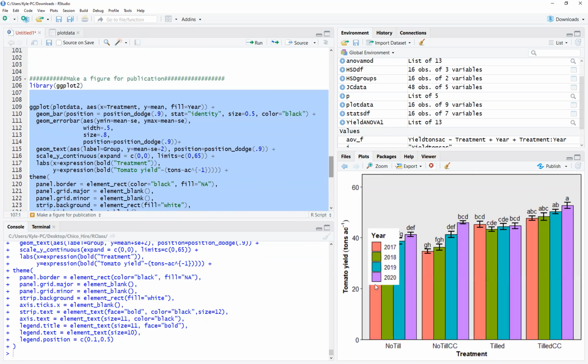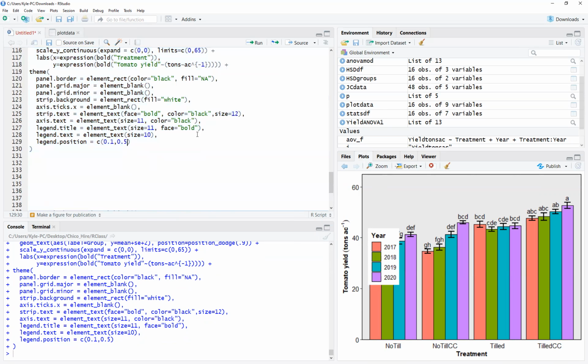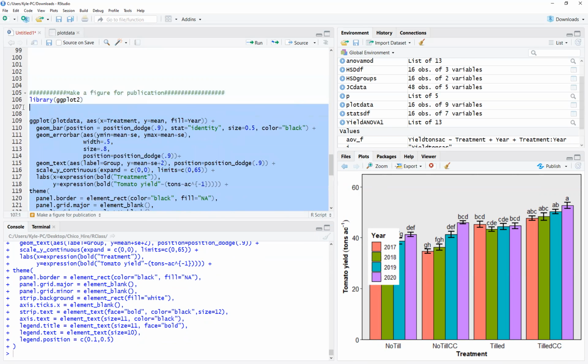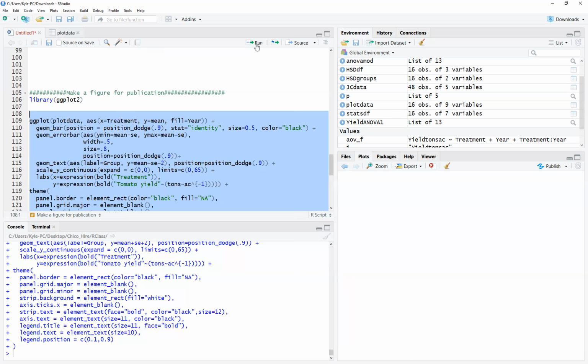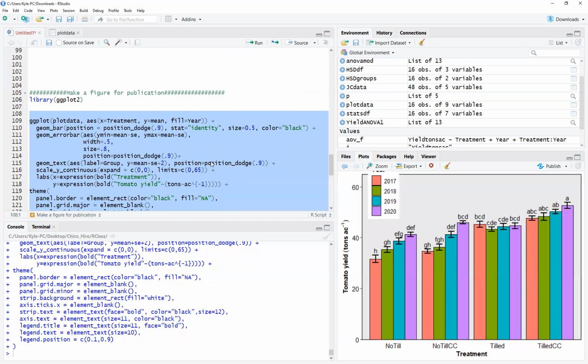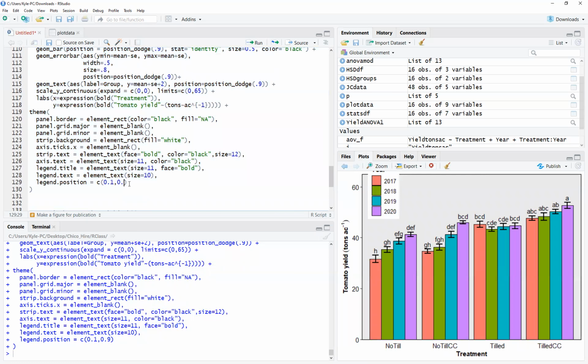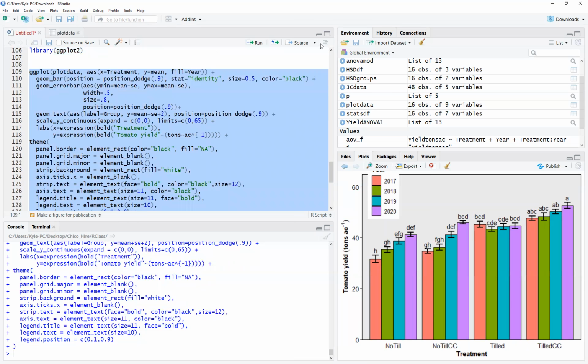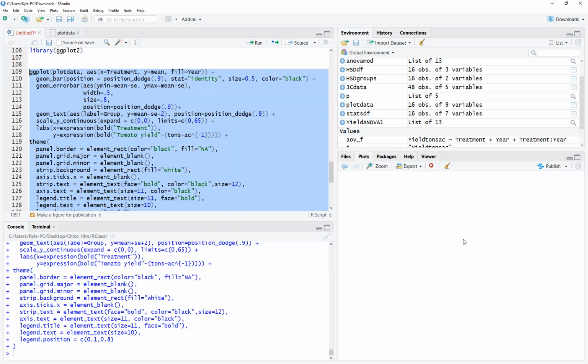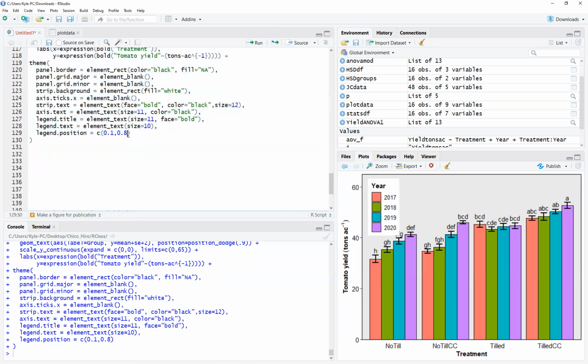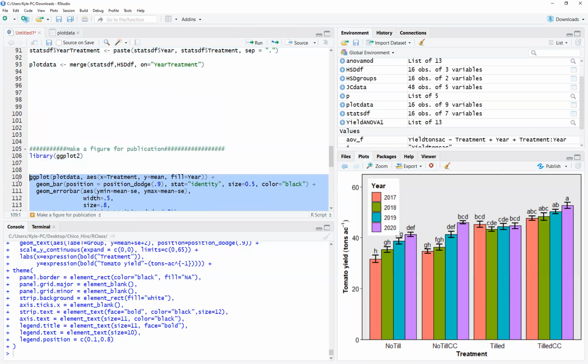Okay, that's about where I want it. But I want to raise it up a little bit. So let's take it from 0.5 to, I don't know, we'll try 0.9. I think that might be a little bit too high. Yeah, it's a lot too high. Let's go with 0.8. Might be a little too low. Might start covering the letters. Yep, starts covering the letters. Let's do 0.83. And it's important to remember that at this stage of it, if you're going to use it on this figure alone,